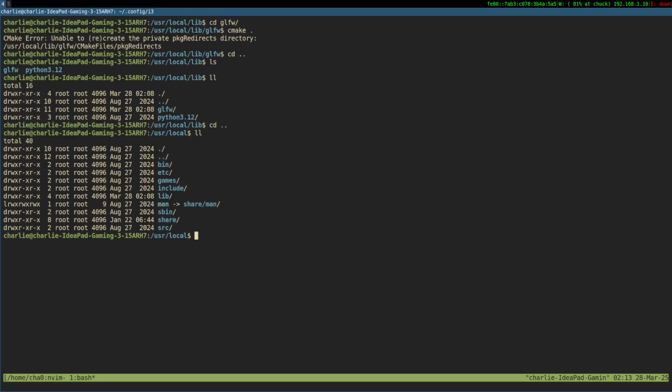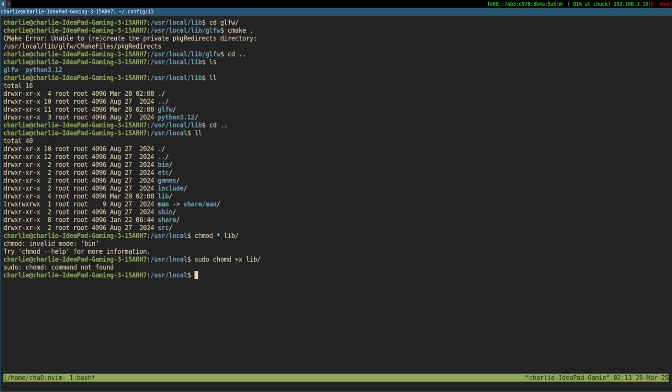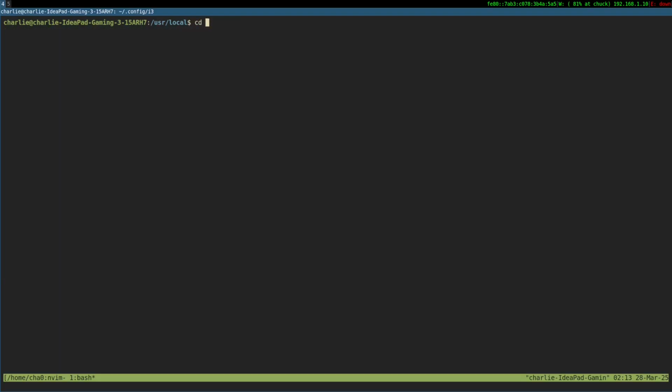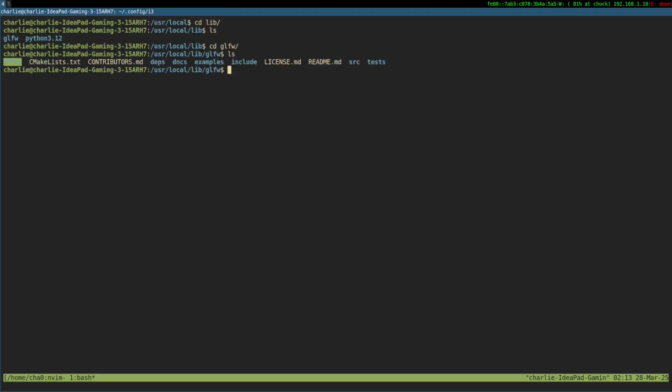So can I just chmod plus x for lib with sudo? Okay, lib. I might be breaking a few security concerns here, but let's try.